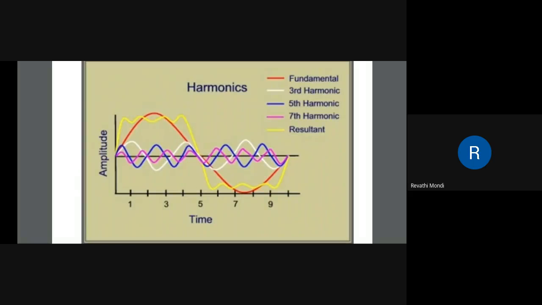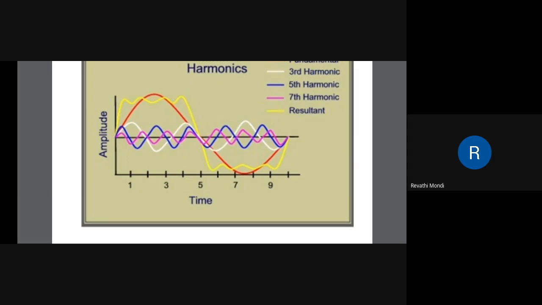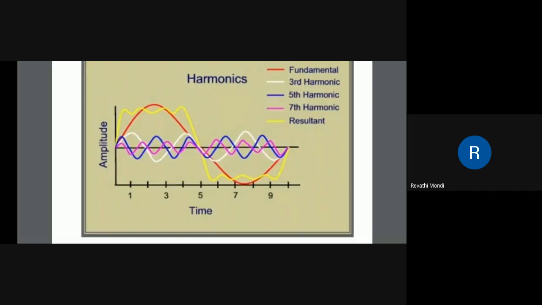If you look at the red color waveform, there is only one complete cycle in it, one positive half cycle and one negative half cycle, so it is the fundamental waveform. Let us assume this is a single sinusoidal waveform, a complete cycle of one waveform. That waveform is known as the fundamental waveform. Observe the red color waveform once again: this red color waveform is known as the fundamental waveform.